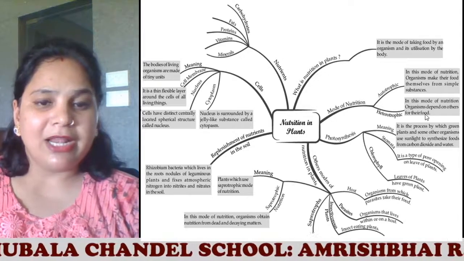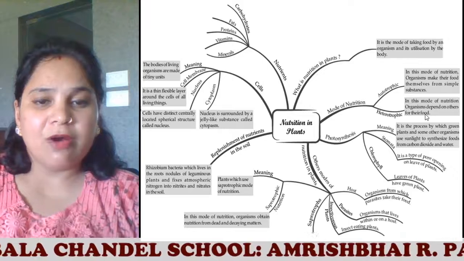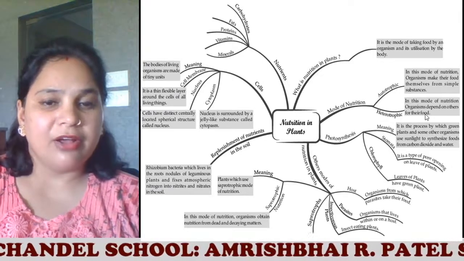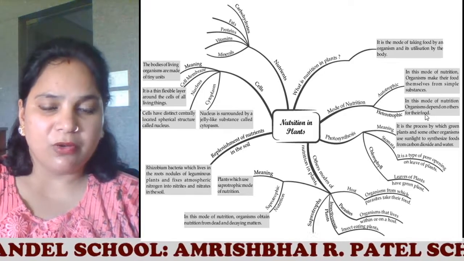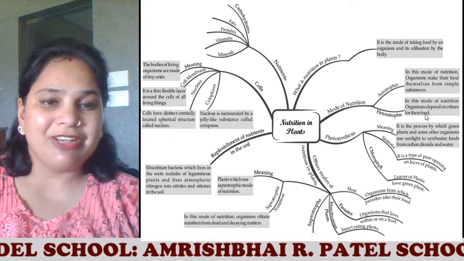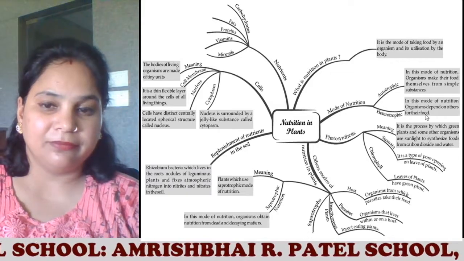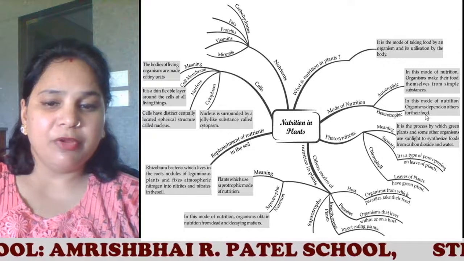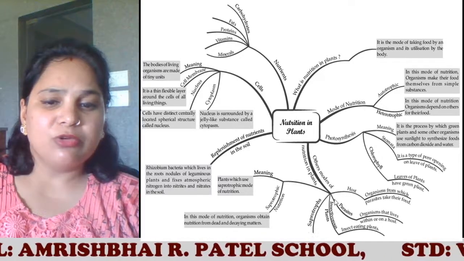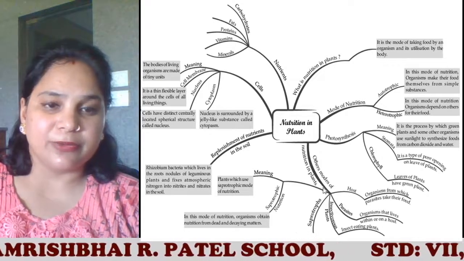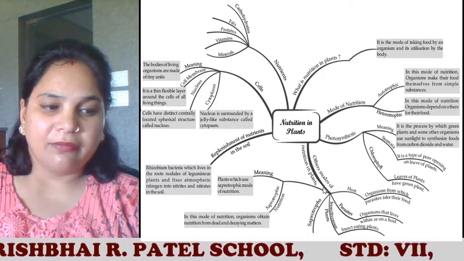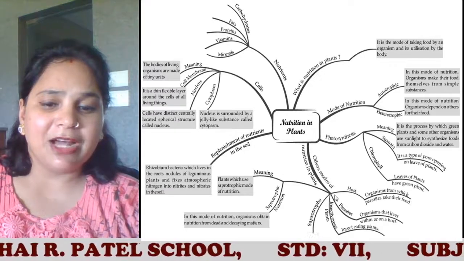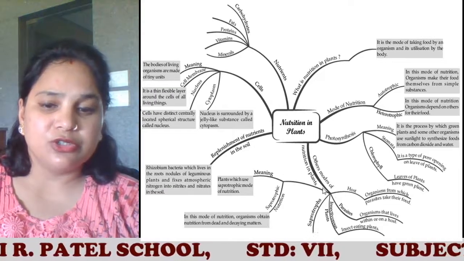When we talk about indirectly, it means some of the animals, and the animals are classified into either herbivores or carnivores or omnivores. So there are different modes of intake of food in human beings. Next, in the heterotrophic mode of nutrition, we have other modes of nutrition in plants also. When we say that plants are autotrophic, they exhibit other modes of nutrition too.